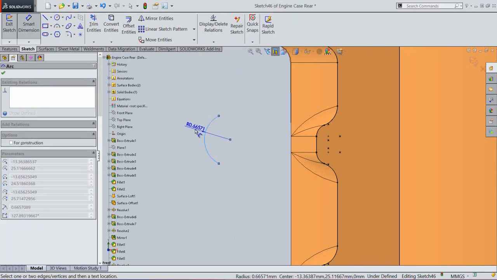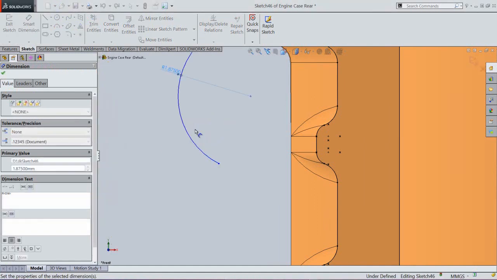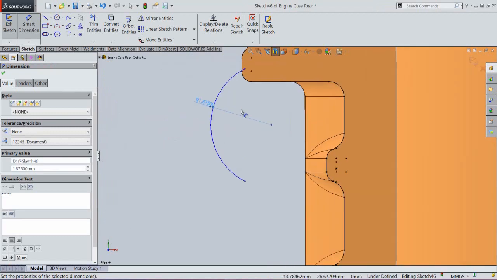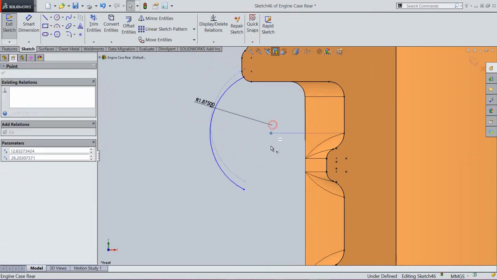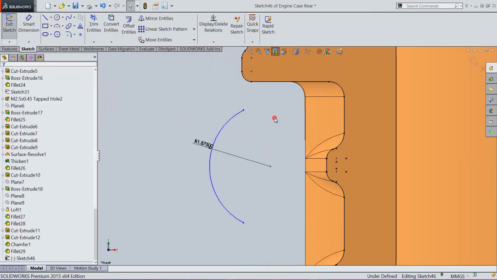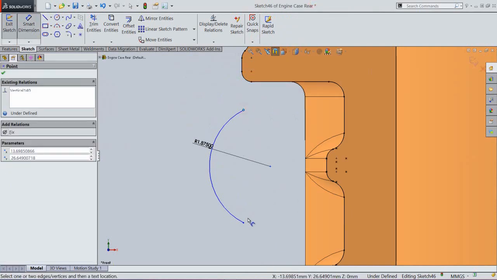Set the radius of this arc 1.875 mm. OK.